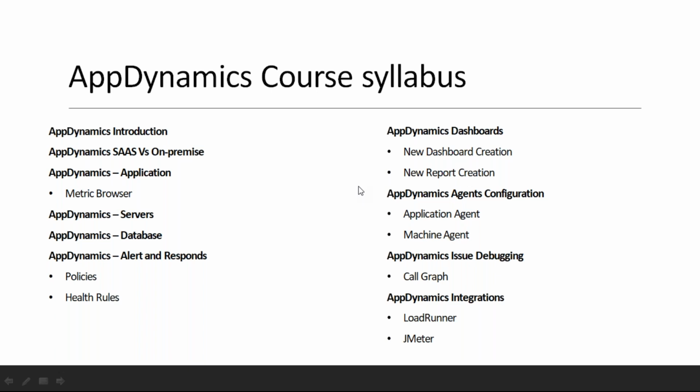And also, apart from these things, I'm going to show you how to take a heap dump and how to take a thread dump in AppDynamics. And I will explain using the JVisualVM tool, right? Using that, I'm going to explain how to understand the heap dump and how to understand the thread dump.